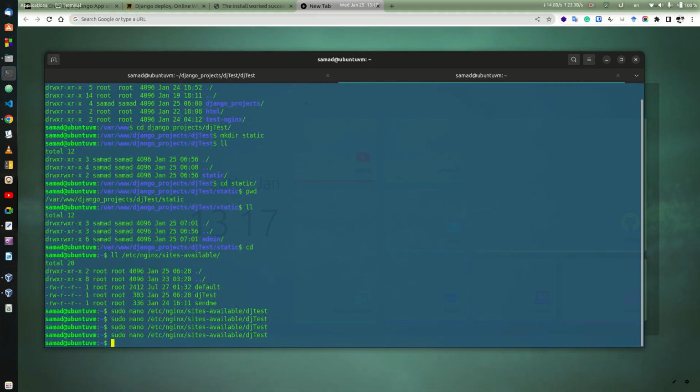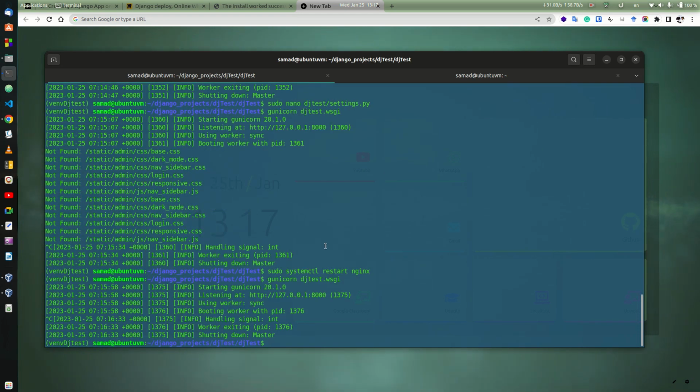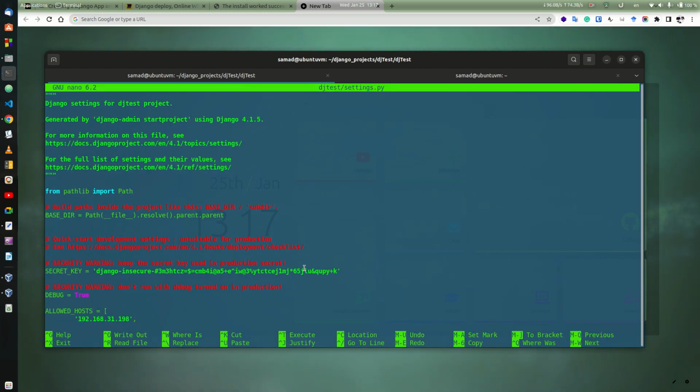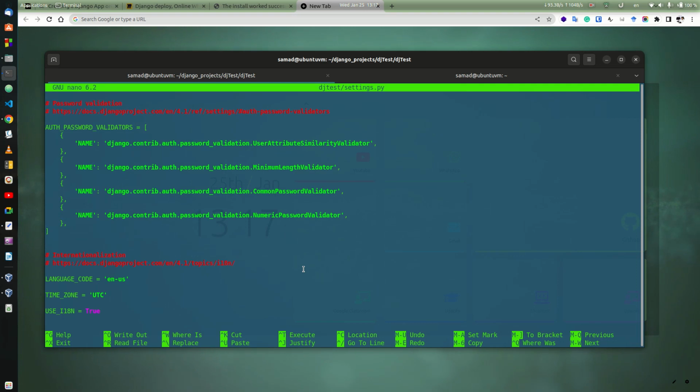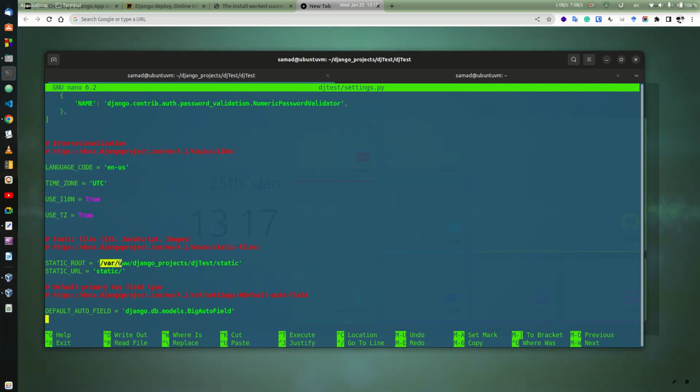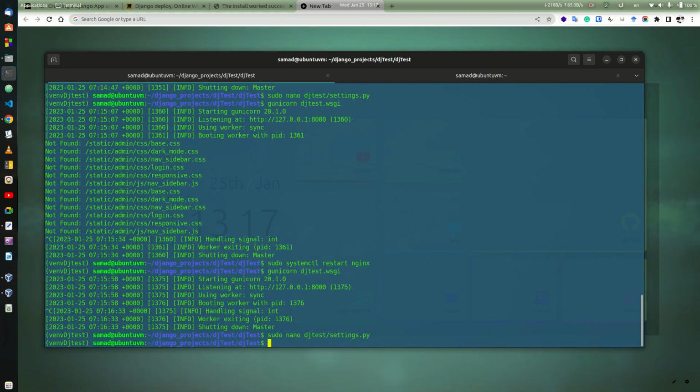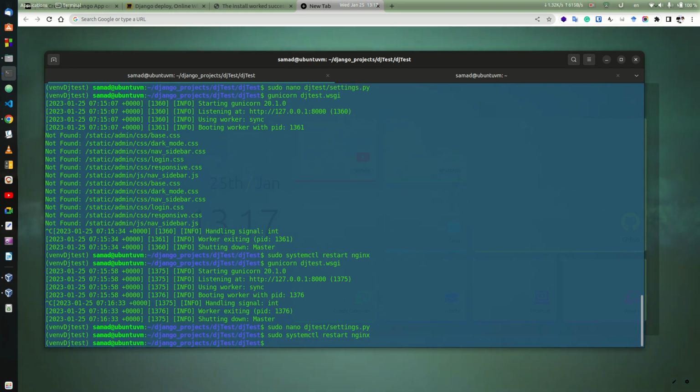save this, exit this, and in our Nginx file we have to specify the same path here as well, as static root, var www, the project, and static. And let's save and exit this one, and now we have to restart the Nginx server, and that is sudo systemctl restart nginx, and Nginx server has restarted. And if we now